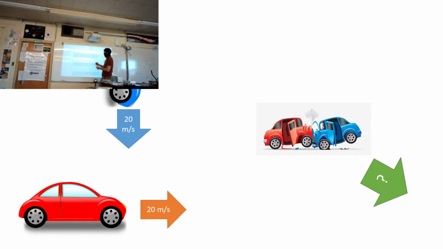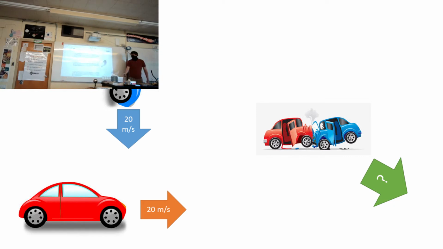20 meters per second. And what's its mass? 1,000. Yeah, 1,000. And the second car is going west. East. Oh man, I'm just bad this morning. East. 1,200, and it is also going 20. This 20, right? It's going south. South is down. Should that be negative or positive? Negative. Yes. So now we have the setup, right?